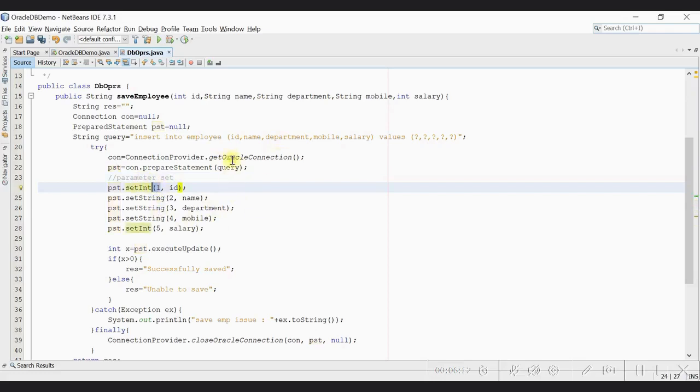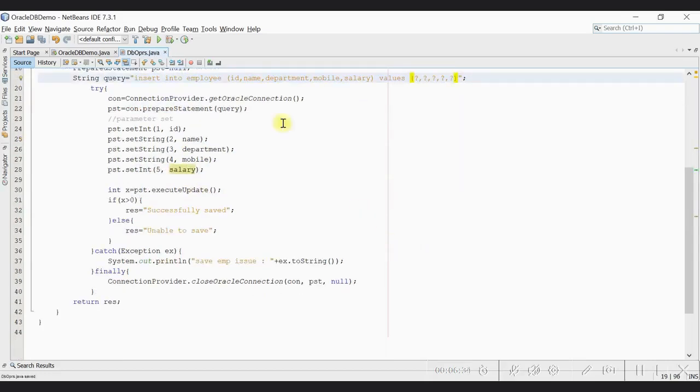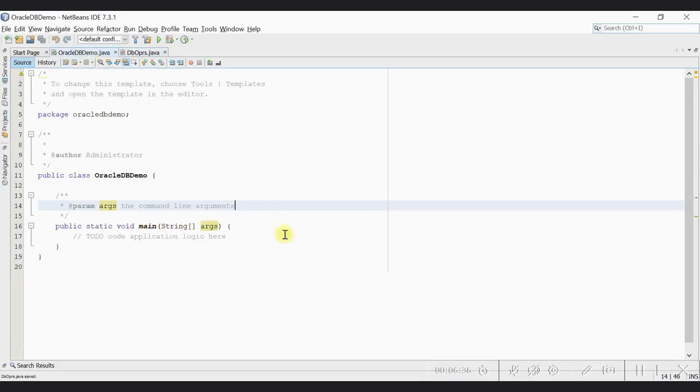The first question mark represents the ID, the second represents the name, the third represents the department, the fourth represents the mobile number, the fifth represents the salary, as per the column names we specified after the table name. So we have to set the data accordingly. Then we execute the query